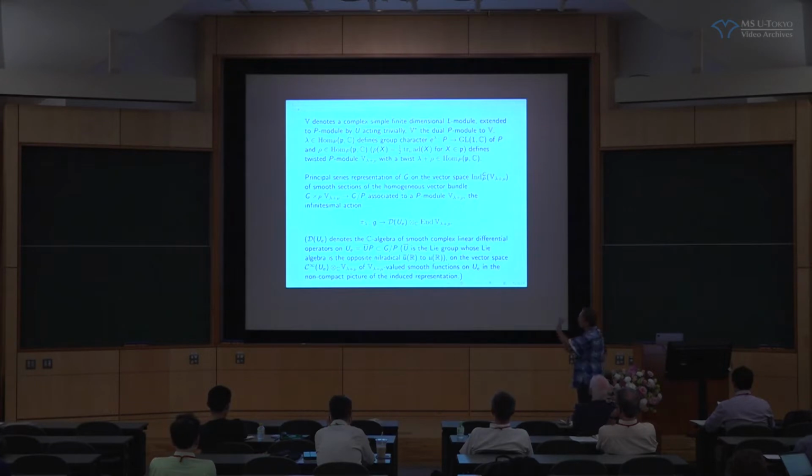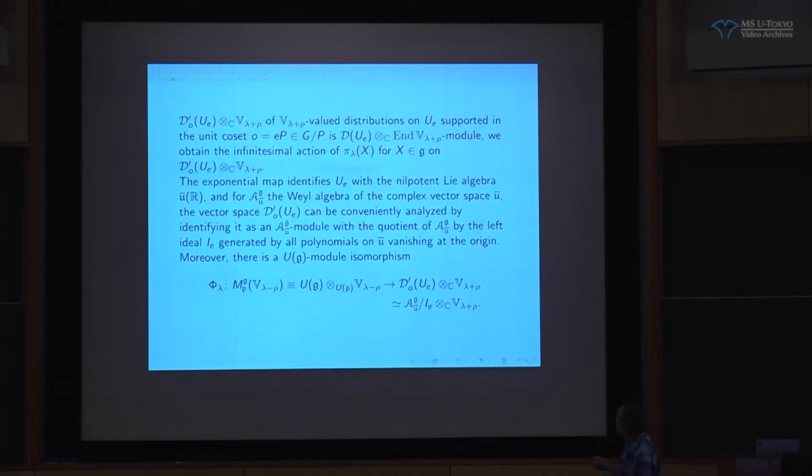And this action is such that it acts in the non-compact picture of the induced representation on the vector space of smooth functions on the Schubert cell. Tensors with values in that inducing representation V, twisted by the character lambda plus rho. Okay, so the key ingredient here is the space of